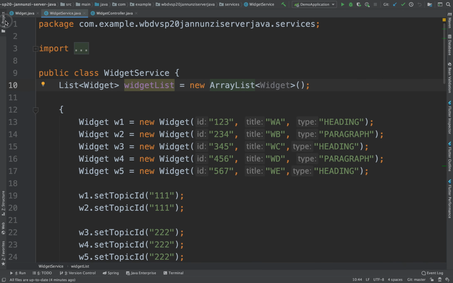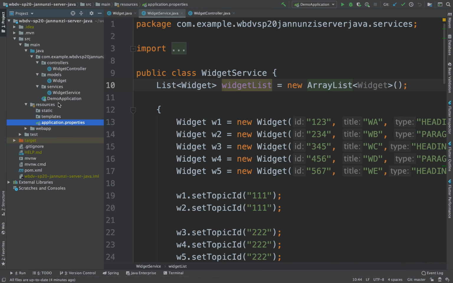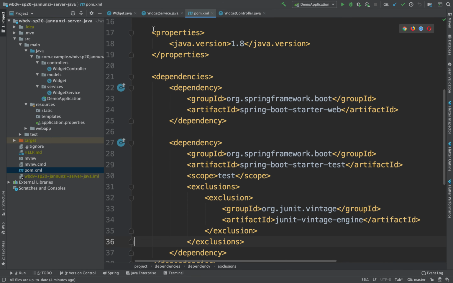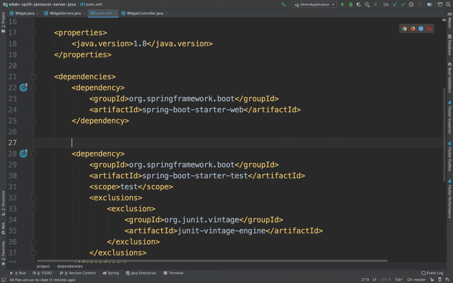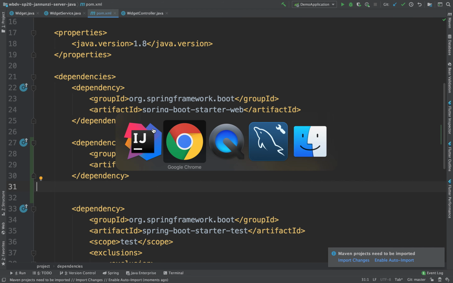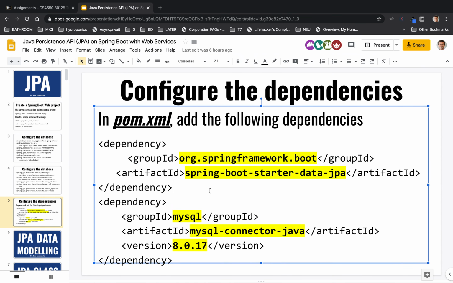In the POM file of your Java application, we're going to add JPA as a dependency to this project. So we'll paste it here. What that will do is download the JPA library and put it in your Maven repository, so that we can compile against that. Next, we're going to download a MySQL